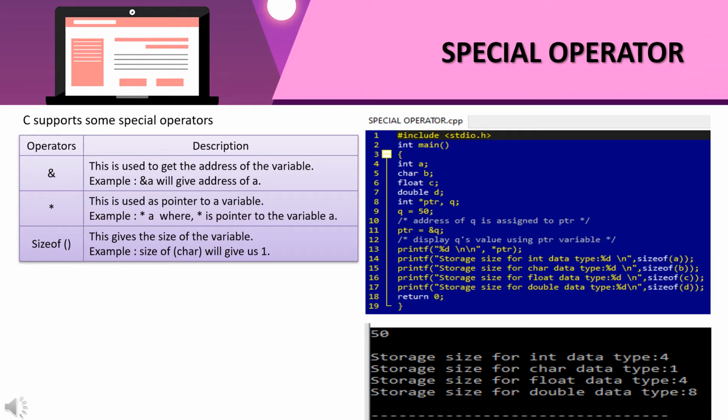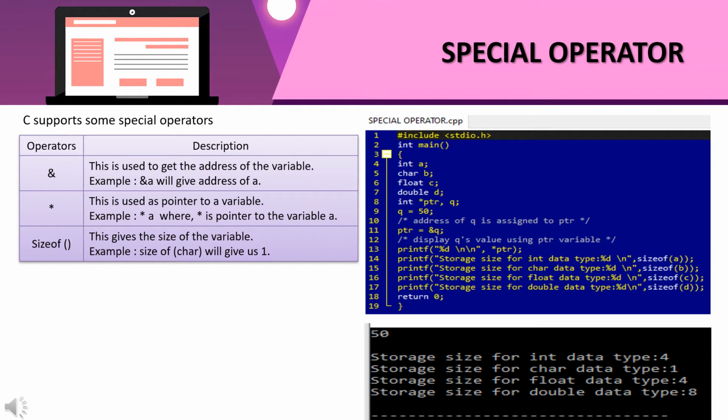And this star is used as a pointer to any variable. An example is pointer a here: star is a pointer to the variable a. Now, the sizeof operator gives the size of the variable. As you can see in this example, sizeof char will give us 1.